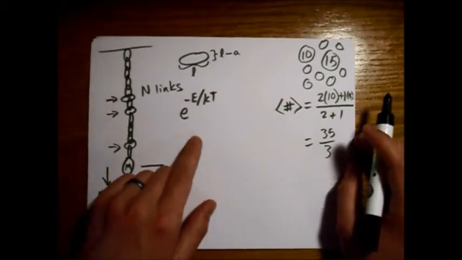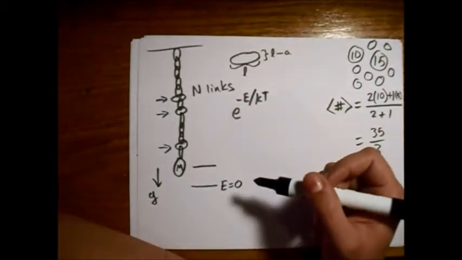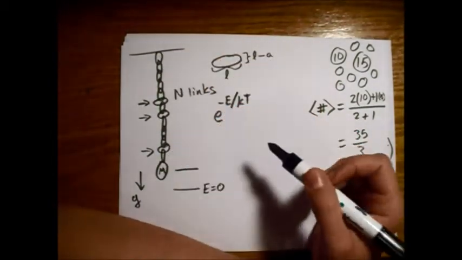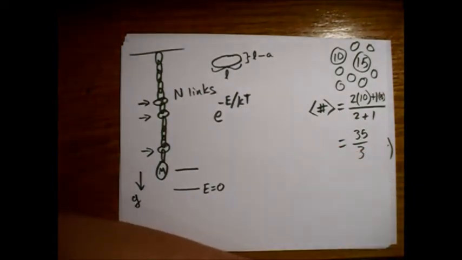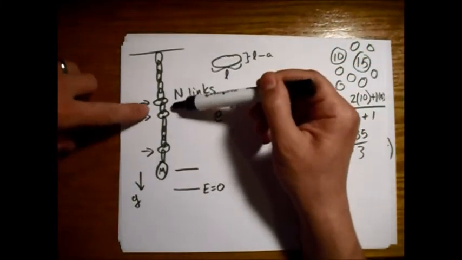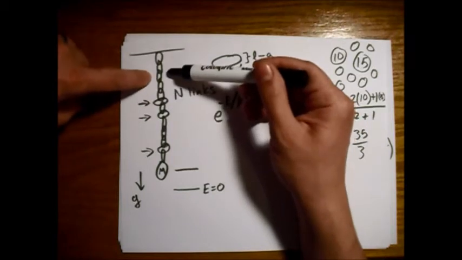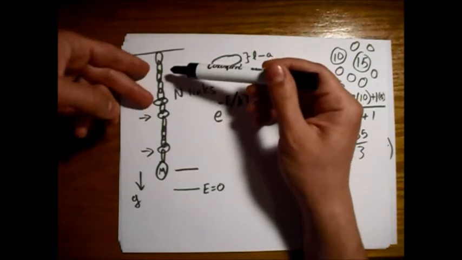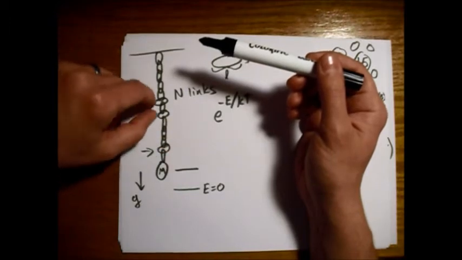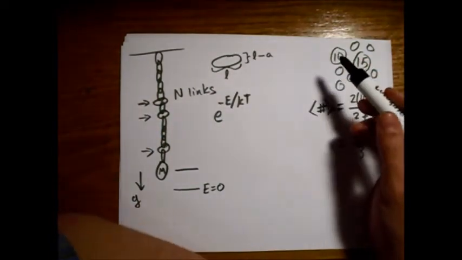And in addition to the Boltzmann factor, there's also multiple ways of getting the same macrostate, getting the same overall number of links in each orientation. So for example, these 2 links could still be in the horizontal orientation, but this link could be up here instead, and you just switch places with one up here. That's a different way of getting the same length of chain, but it's distinct from this one because even though there's still 3 links in the horizontal orientation, they're just in different places. And the way to take care of that